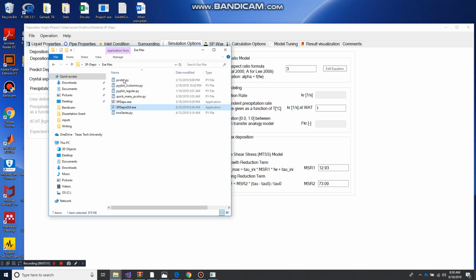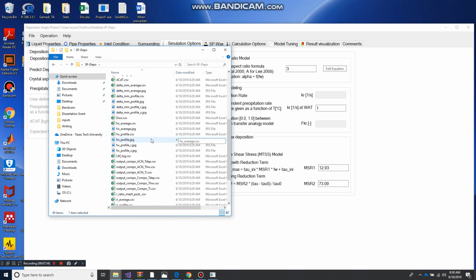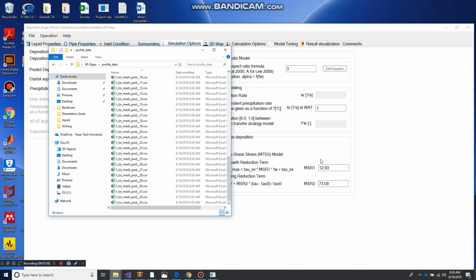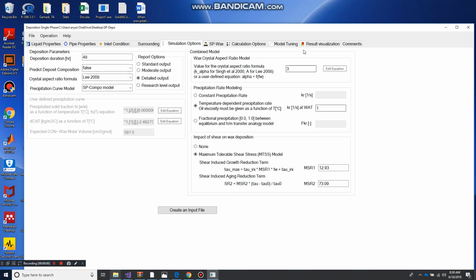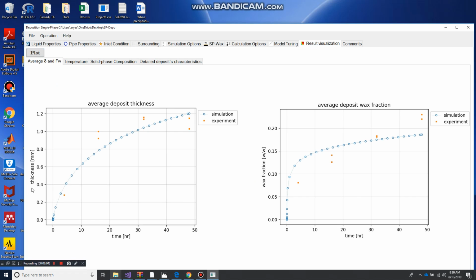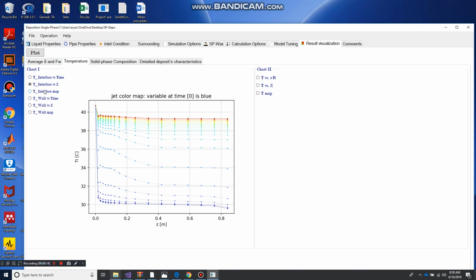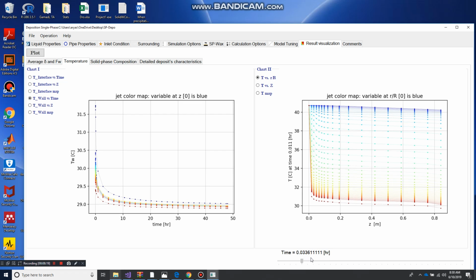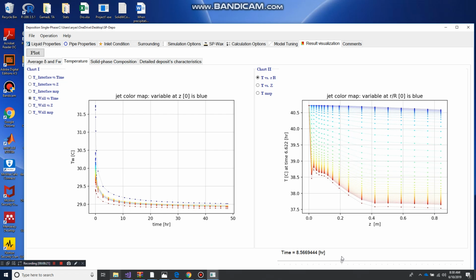So as you can see in the directory, all the input files are created. All the results are created, and if you go to the results visualization and click plot, you can see the thickness data are plotted against the experimental data. So is the wax fraction data. Also, temperature data can be accessed over here,